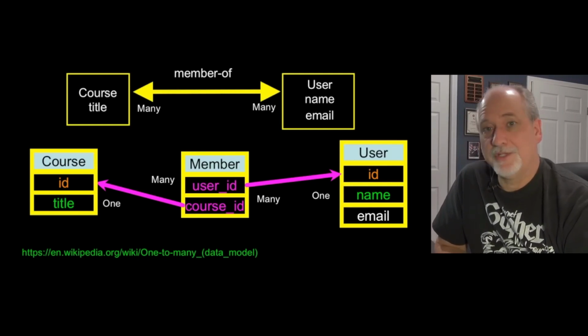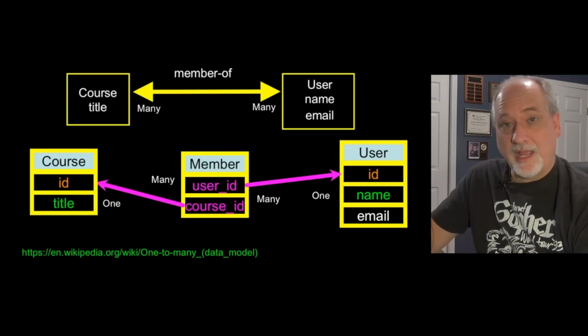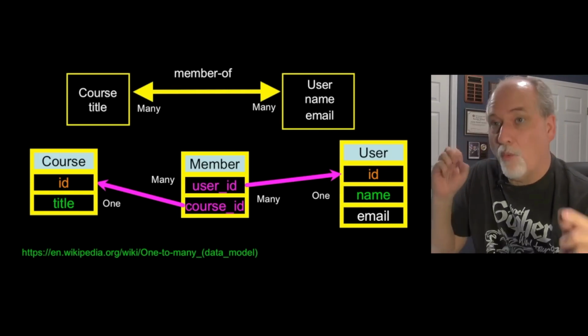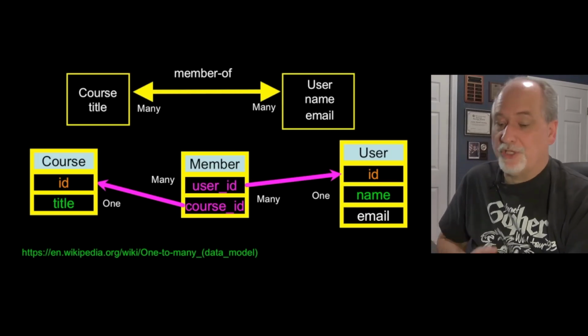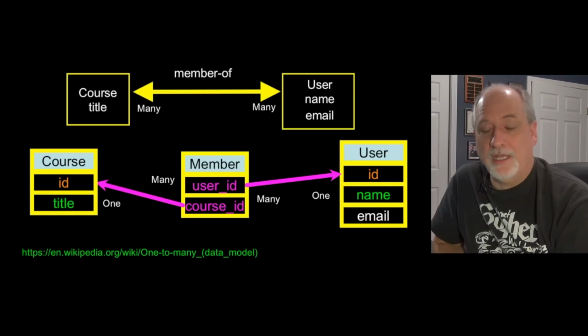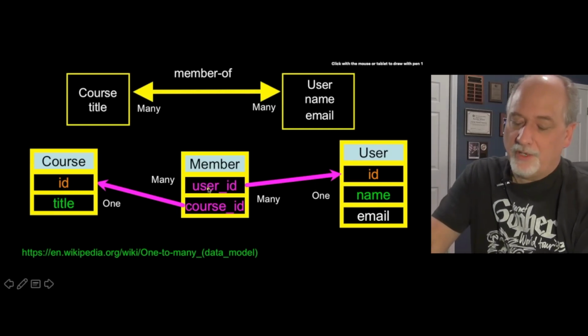So let's imagine a learning management system where you're taking a class, and there are some people that are teachers and some people that are students, and many students are members of many classes. A student can be part of many classes, and a class has many students in it. So you can't really find the one end. And so what we do is we make a table called membership. In that table of membership, we often don't put a primary key in at all. We simply put in two foreign keys. And if we're going to put a uniqueness constraint, we put a combination of the two foreign keys as the uniqueness constraint. So we say there could be duplicate user